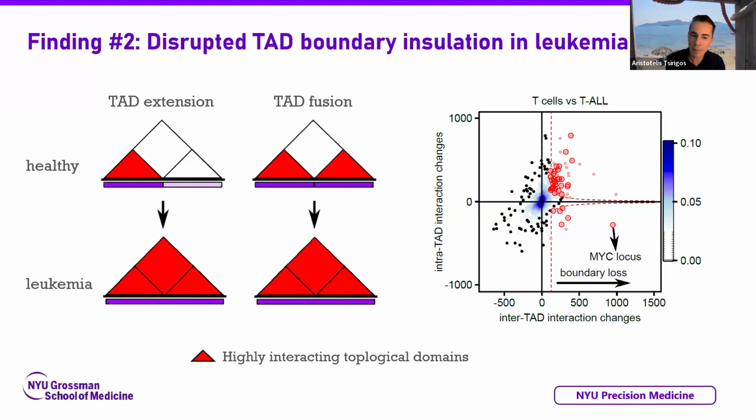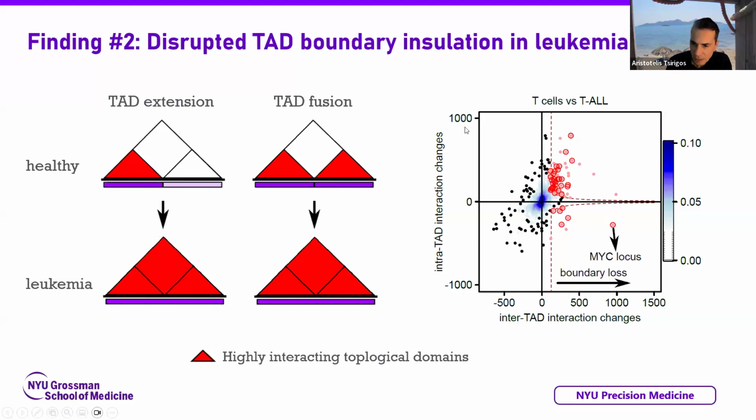And perhaps remember what I mentioned in the very beginning. These topological domains are important. Why? Because they limit interactions of gene promoters to their intended regulatory elements. But if you lose insulation going from healthy to leukemia, and now you have an expanded topological domain, which now includes more regulatory elements, perhaps an oncogene residing originally in a smaller topological domain and having access to a small set of regulatory elements, now actually will have access to many more enhancers or regulatory elements and can potentially upregulate its